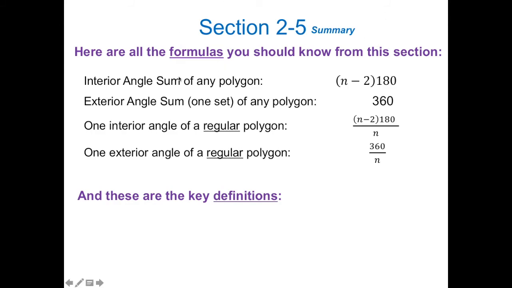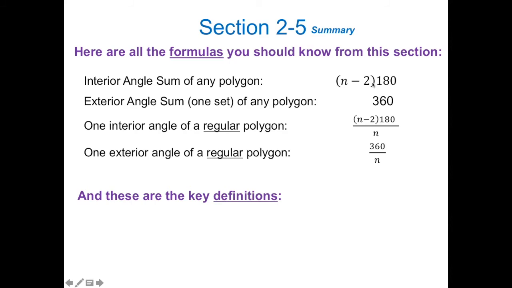How do I get the sum of all interior angles of any polygon? What about the angle sum of one set of the exterior angles of any polygon? That's just going to be 360. And the first one is n minus 2 times 180. That was kind of the big one. That's all the sum: you take all those interior angles, add all their measurements up, and you get